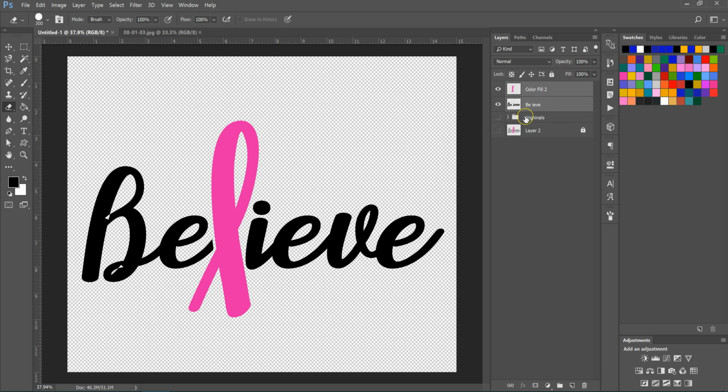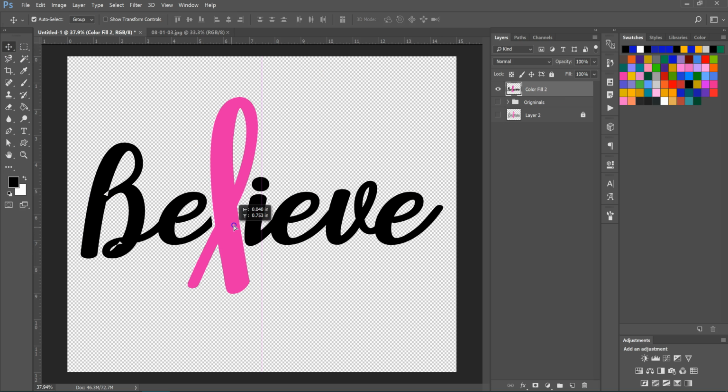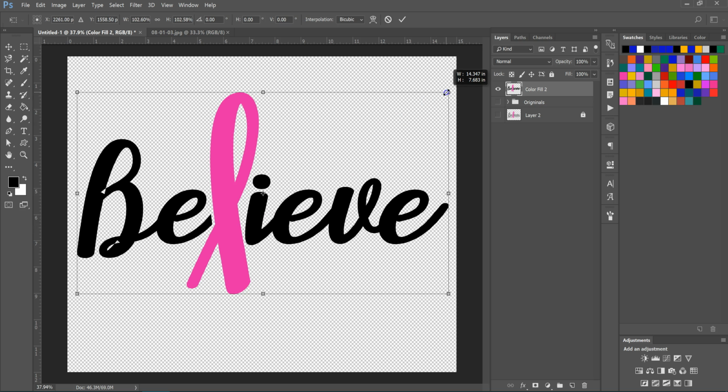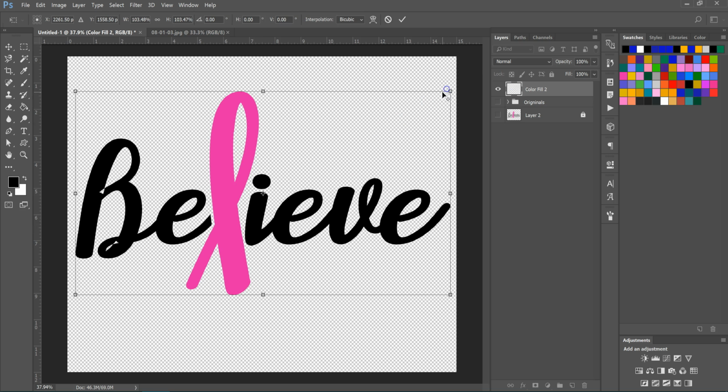So we're going to select them both, Control J to copy and drag those copies into our original folder just in case we need them later. Now we're going to select the two and merge them together. And now we have the first part of our artwork. Control T to transform it, make it larger, select it, accept it, hit our brush tool, select black because we're going to